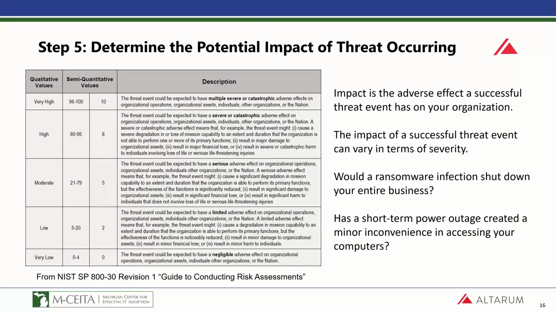But impact can also be short-term disruption to operations, such as a brief loss of electrical power or internet access. Or you may have a smaller breach of patient data, such as one patient record or even a partial patient record breached. Now, these are less severe than the previous example, but are still significant. So consider how threats and vulnerabilities might affect your organization and determine the impact accordingly.